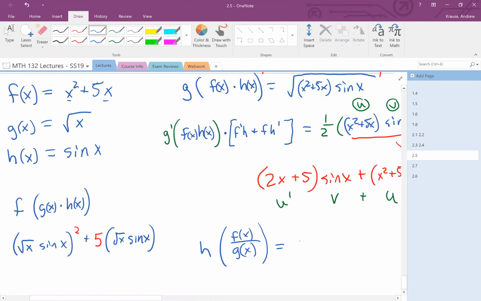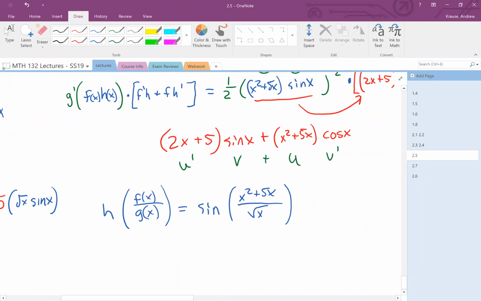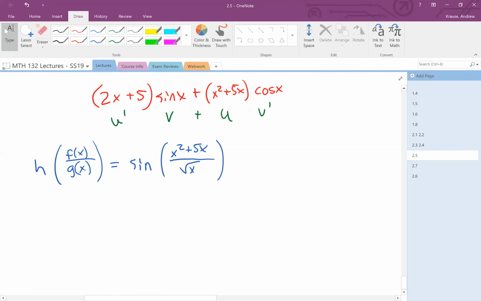So let's look back at our functions and figure out what we're doing here. We're going to be doing the sine, because that's h over here. And then we're taking the sine of f of x, which is x squared plus 5x, over g of x, which is the square root of x. So we're going to be trying to take the derivative of that crazy nested function there, a function inside of another function. I want you to try it really quickly for just 2 or 3 minutes,